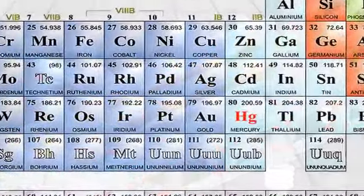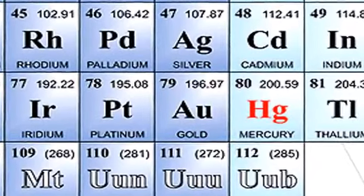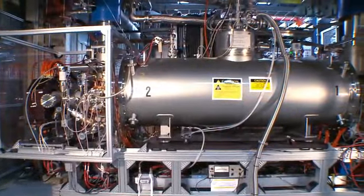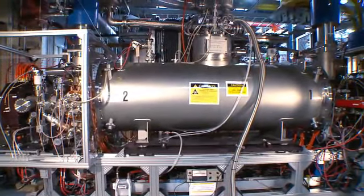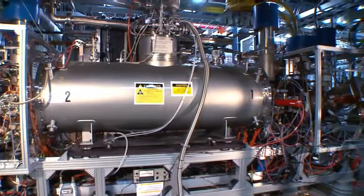So in the case of a gold atom, gold has 79 electrons, and outside of EBIS we take one electron off of the gold atom. We produce gold with a charge of 1. We knock off one electron, we send it into the EBIS trap, and once it's in the trap, we hold it in there. The electron beam passes through this trap region and continues to knock electrons off of the gold